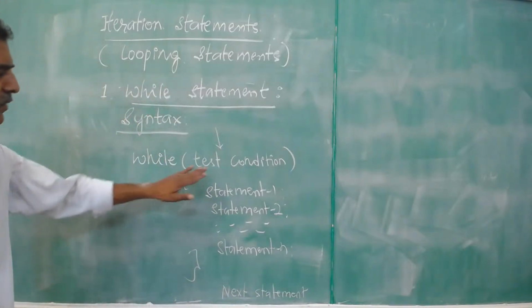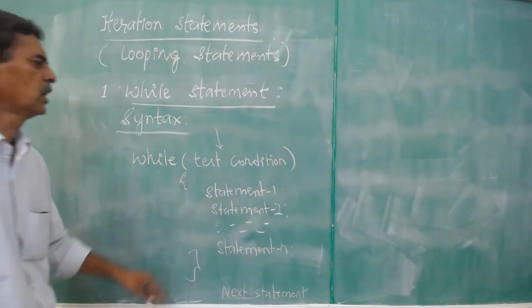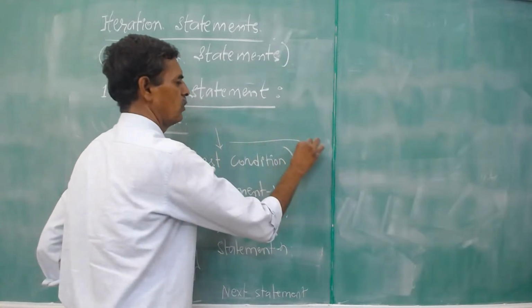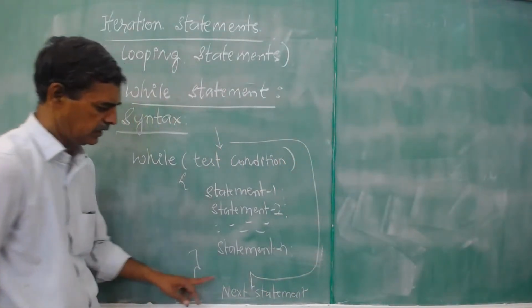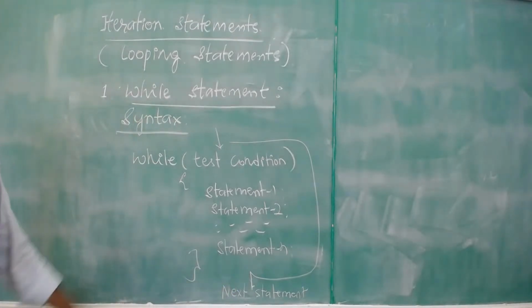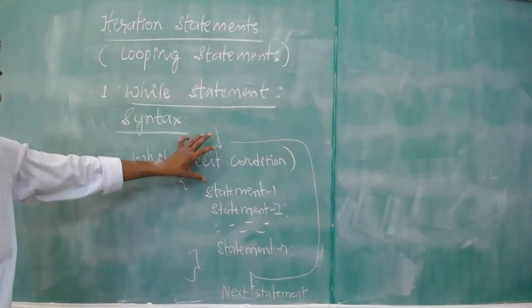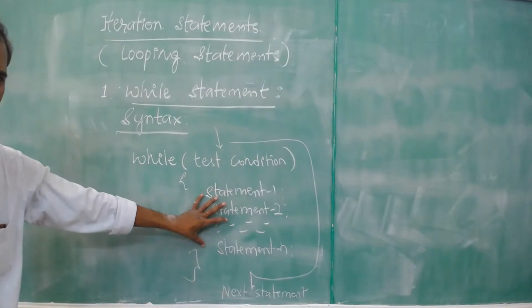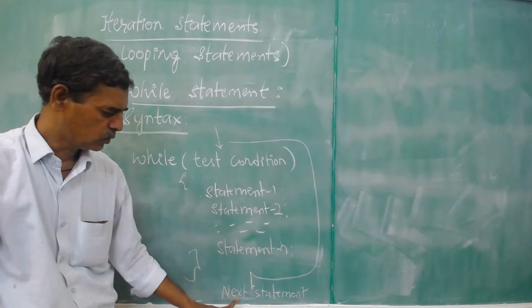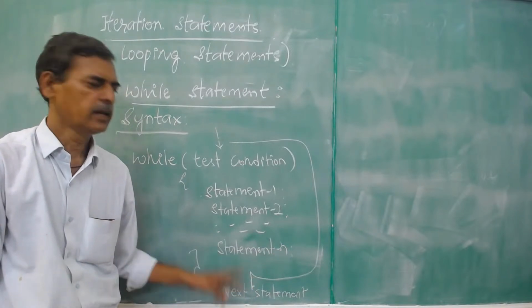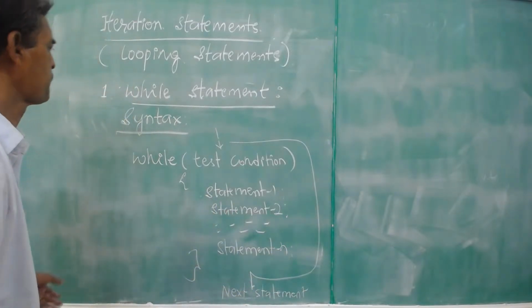If this test condition is false, it goes out of the while block. Then it executes the next statement. If this condition is true, then statements in the while block are executed. If this condition is false, it skips these statements. It goes to next. The block diagram of this is